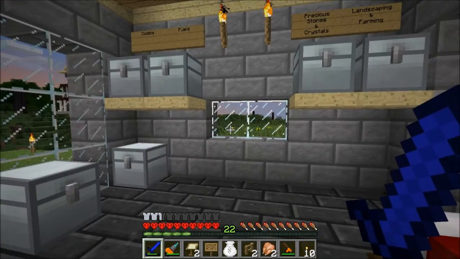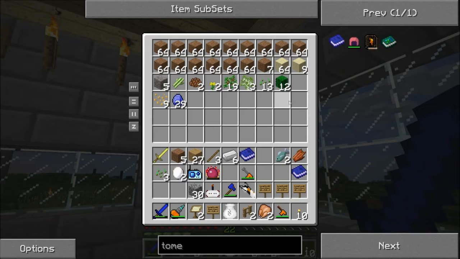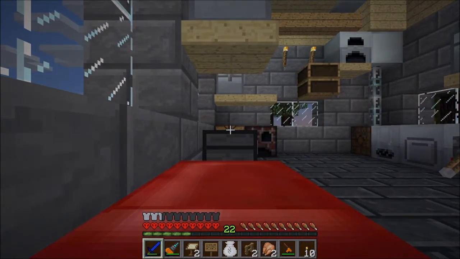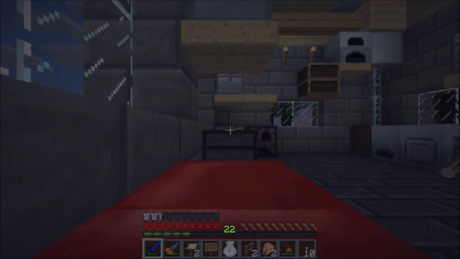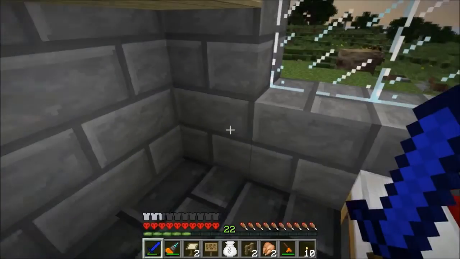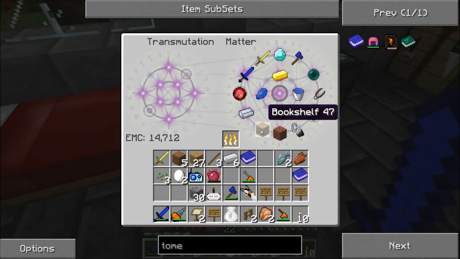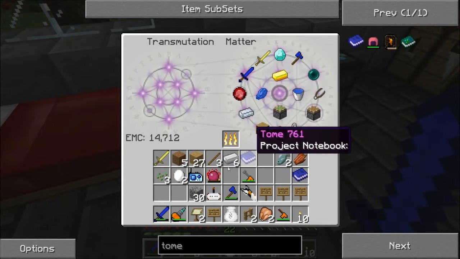I wonder if I have any pumpkins. Would that be in landscaping and farming? I don't think I've actually found any in this world yet. Maybe we need to go get some pumpkins, because that would be a relatively cheap way to boost your production. I know that books also work, so let's do that. Bookcases are a little more expensive, and I think books work...